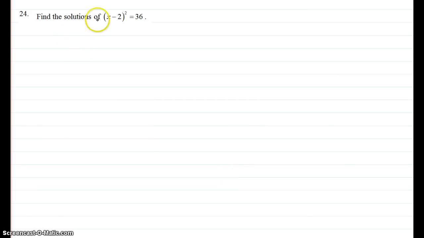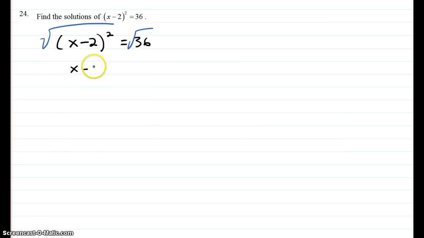Alright, for 24, find the solutions. So we have (x - 2)² = 36. And so what we want to do here is we want to undo that square, so we're going to square root both sides. And so now we have x - 2 equals, and remember the square root of 36 is going to give us a positive 6, but also a negative